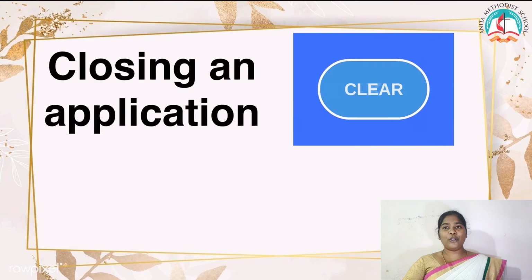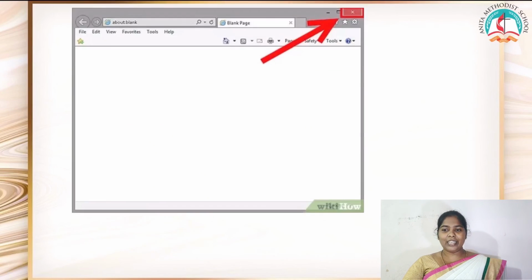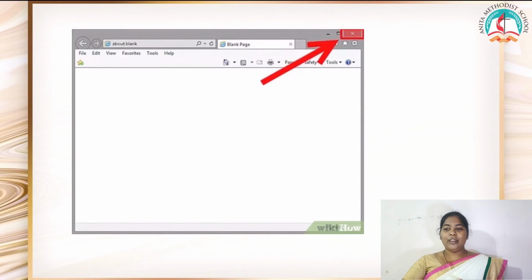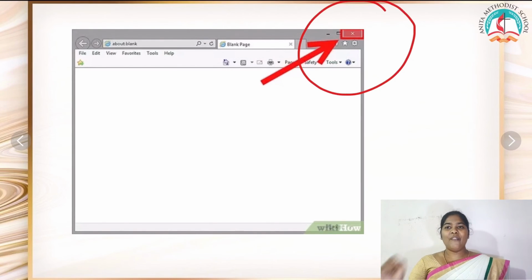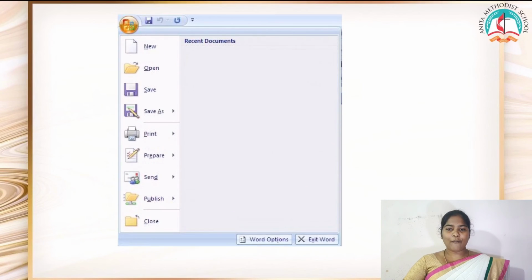Okay, next we are going to see how to close an application. Yes, the first way: in the upper right corner, you have a close symbol. When you click that close symbol, you will be able to close the application. Or else, the other method is to go to File.